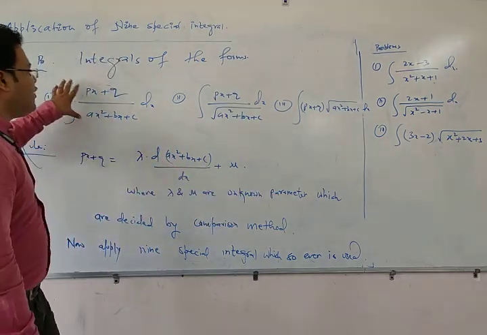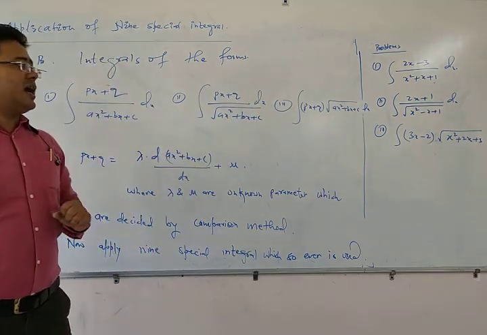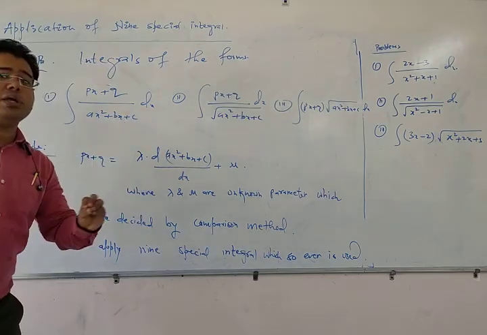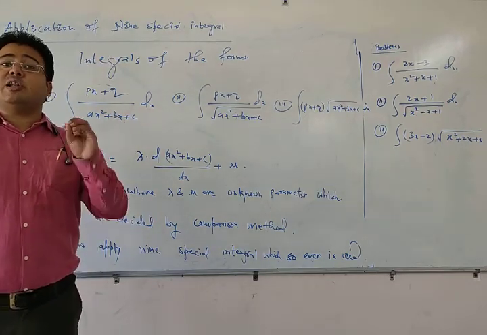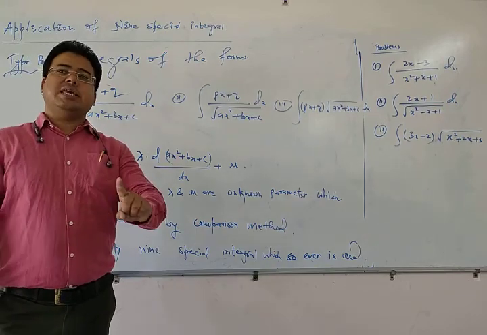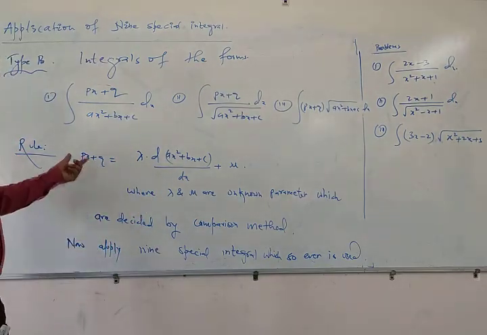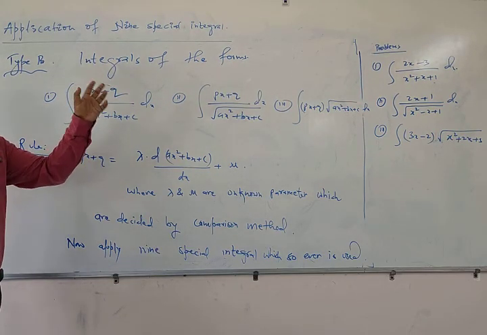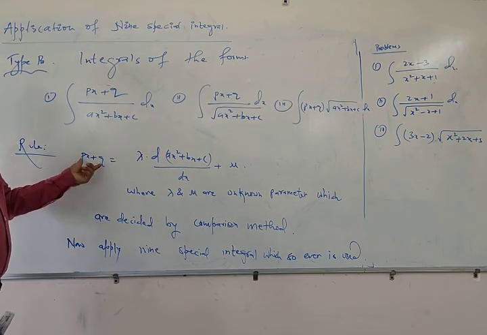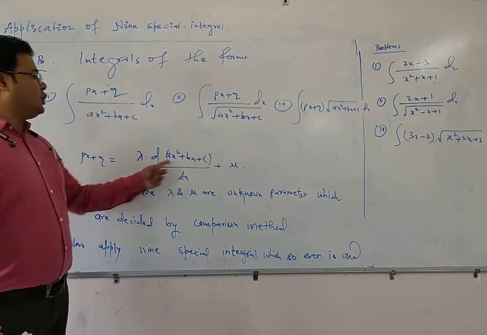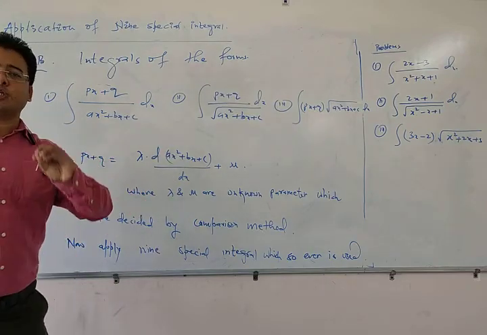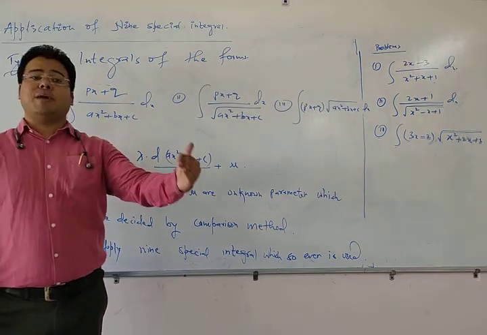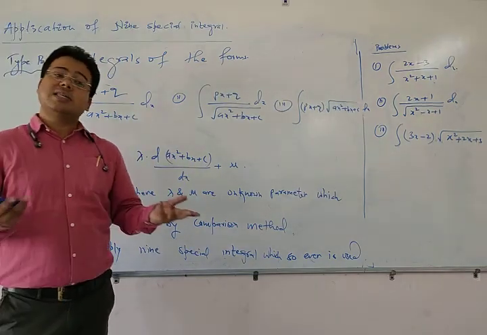So hello students, if you see these types of integrand involved in this integration, then what will be the rule and regulation to evaluate this type of integral? You can see I have already written on the board. You can write a linear expression px plus q. Everywhere px plus q is a linear expression. So you can write px plus q as lambda into differentiation of the quadratic expression plus constant term mu. Here we use two unknown parameters, one is lambda and the other is mu.